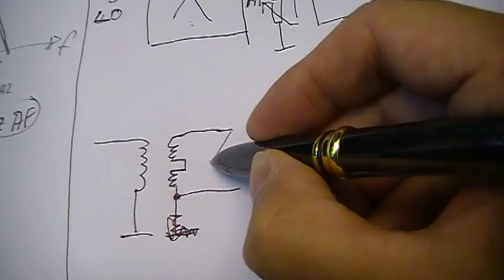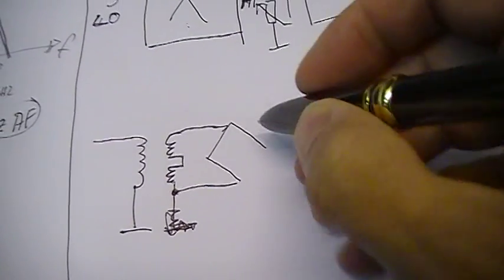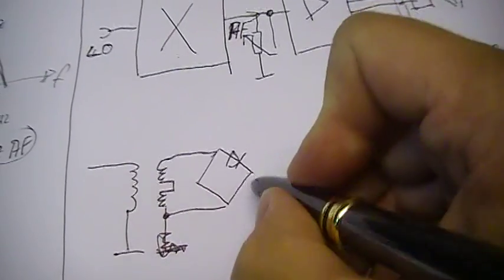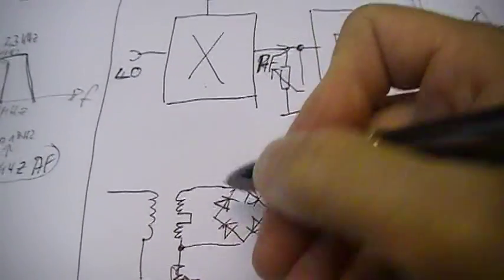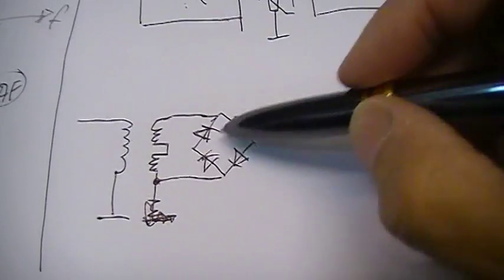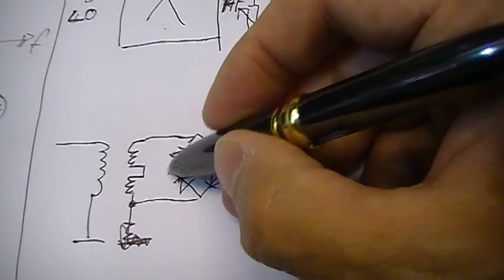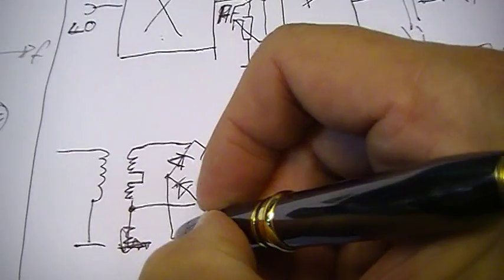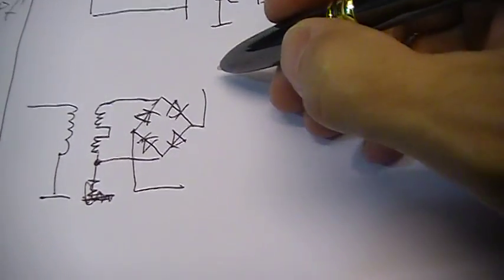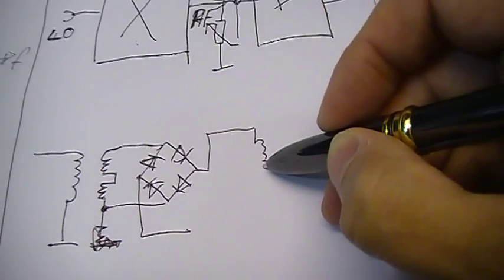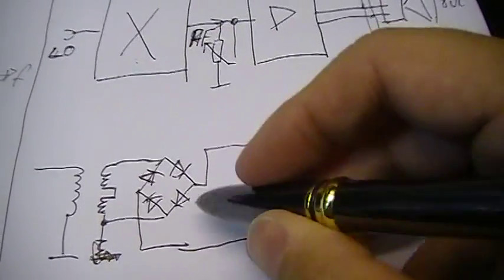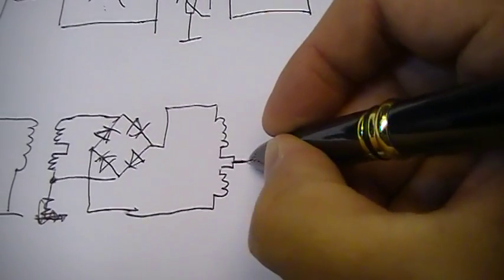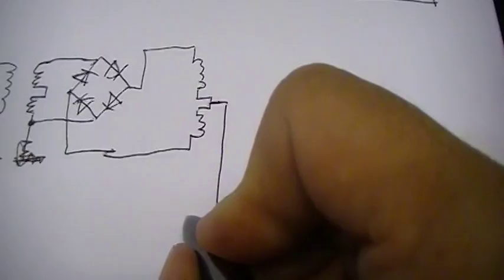And the circuitry should be something like this. So these are diodes connected in this way. So this is not a rectifier, so that looks like a balanced modulator. And so then we have here the output, which is going on a coil as well, and we connect this to here, and here we will have at least our audio